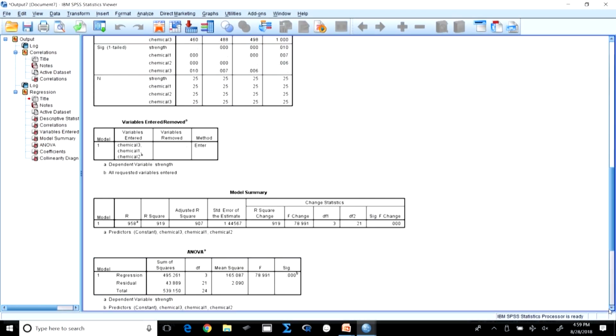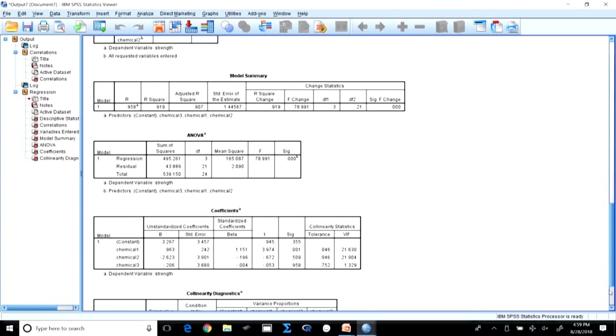Now, look at the model first. The model says the predictors chemical 1, 2 and 3, the multiple correlation value, which we calculated in the lecture before last, is 0.958. So, what is my R square? The square of this, 0.919. Adjusted R square is something which will automatically fall when you introduce unnecessary variables. In this case, the overall model is significant and we have a very decent, in fact very high, R square value.